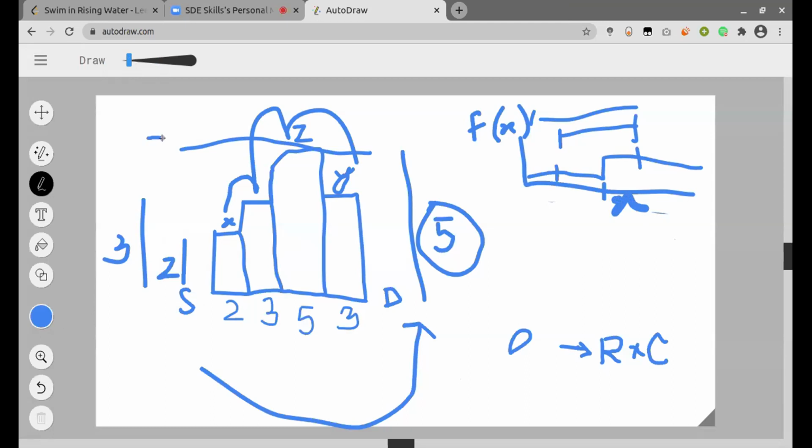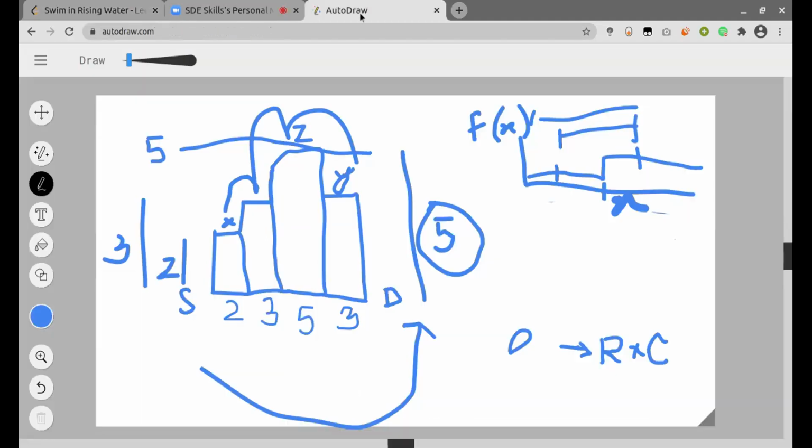Yeah, sorry, Abhishek, go ahead. If the time is 5, we can move from source to destination. Similarly, if the time is 6, again we can move from source to destination. So this is the reason we can come up with the binary search approach and just binary search on our final answer itself. How is it implemented to give the least time? Because the search space is reduced, right? Yeah, we are reducing the search space at each instant.